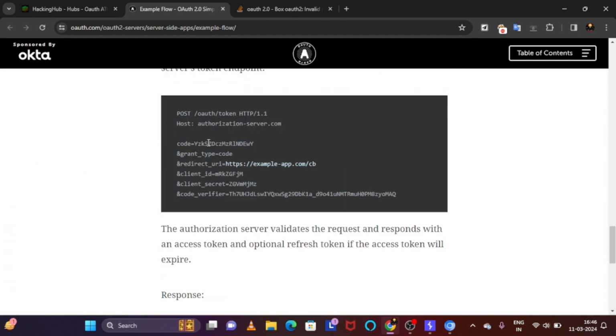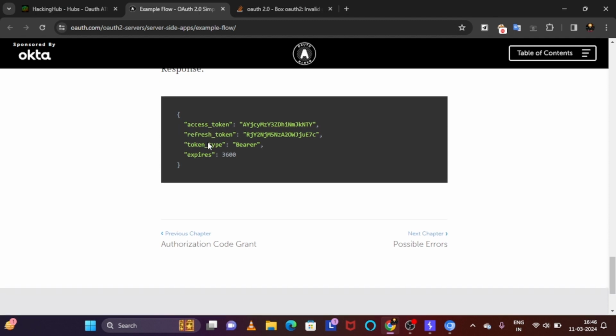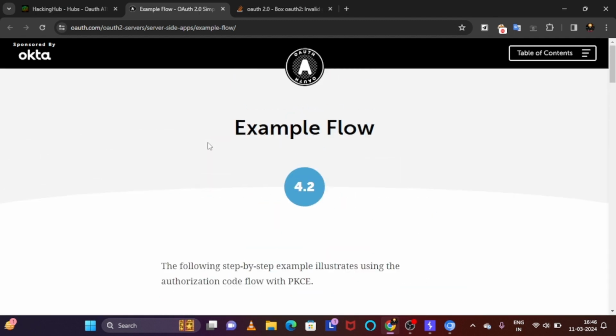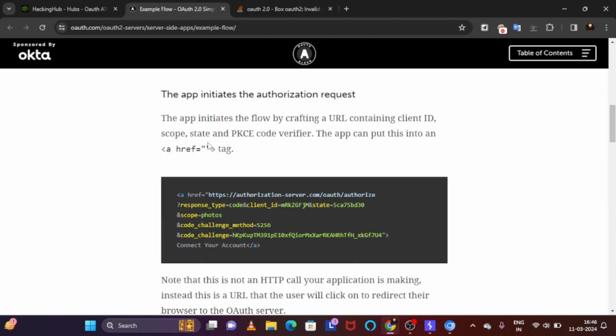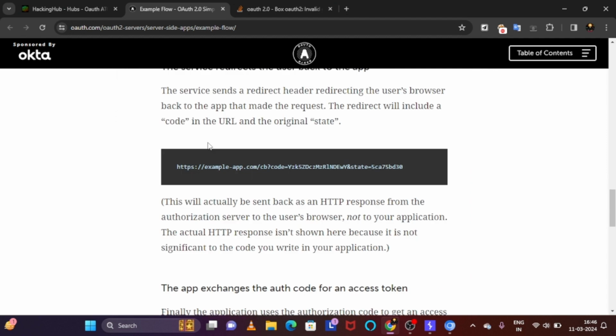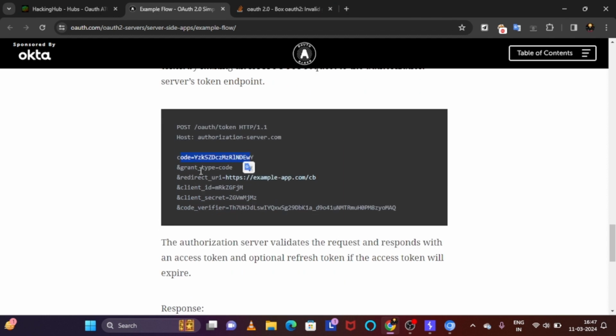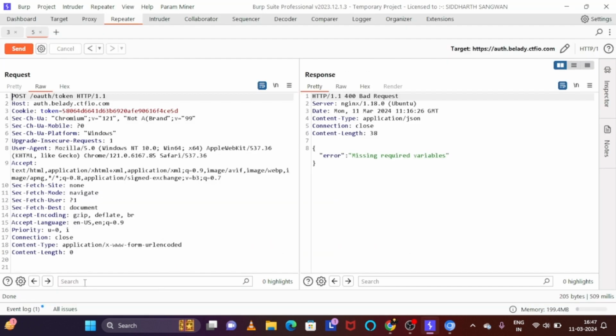and I just referred to this particular blog, or you can say the post, which explains the whole process that is going on here. The process in which we are currently stuck is this one, in which we are validating the auth code. So here is the basic endpoint and the method, and then there are these parameters which are used to verify. The first one is code, then grant type, redirect URI, client ID, client secret, and the code verifier. So we'll use them one by one and analyze,